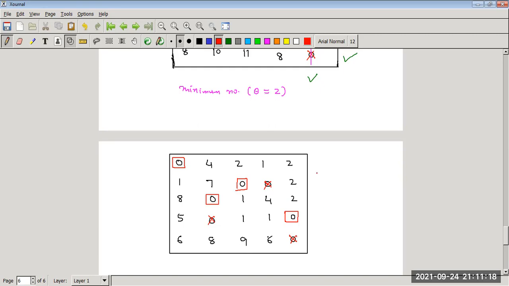That is not equal to the order of the matrix. So what we do? Tick the unassigned row. So the fifth row is unassigned. If there is any 0, tick that column. So we tick this column. If the ticked column has an assignment, yes, this has an assignment, so tick that row. So we tick this row.